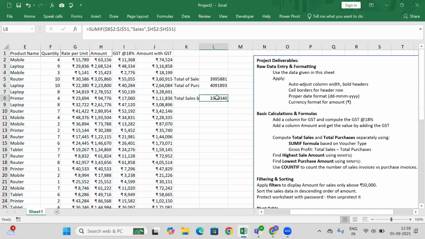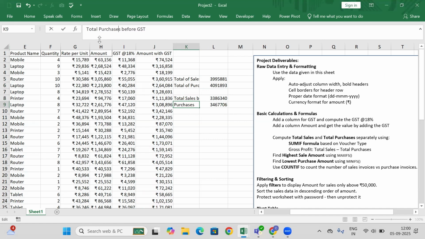So that is without the GST. If I copy this down, make this purchase, that comes to 346. Even here the sales is less and the purchase is more, so here it is in loss, and this is also in loss. Either way, this is total sales by Singapore, and this is total purchase